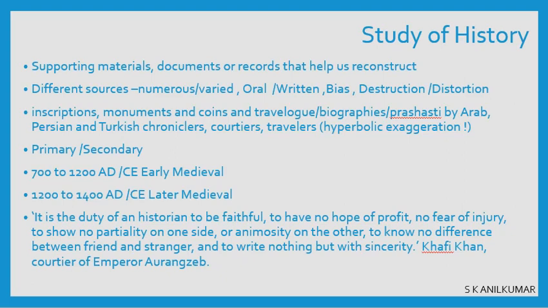Now, in history, different people tell different history. A person who is writing history on behalf of, or closer to, a king will talk about the plus points of that king and the minus points of the other kings. He will not talk about the minus points of his own king, or he will be afraid to talk about the plus points of other kings, even though they exist. So we may not have the full truth. We will have some partial truth. So that is one thing.